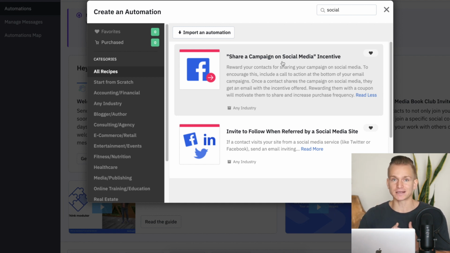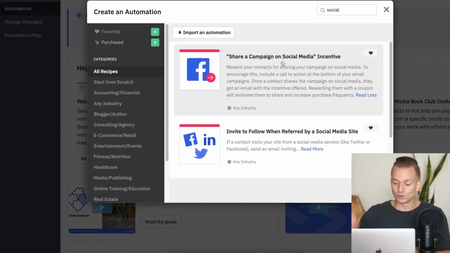And ActiveCampaign tracks if that person did that, and if they did share, then you can set up, for example, that you will send out another email to them once they've done that. And in that email, you're going to reward them. So you're going to give them maybe some sort of freebie. Maybe you're going to give them a coupon code with a discount, whatever it is, you're going to send that out automatically. So you can set up this whole automation within ActiveCampaign, which you can't do with any other email marketing platform. So that can be very powerful.